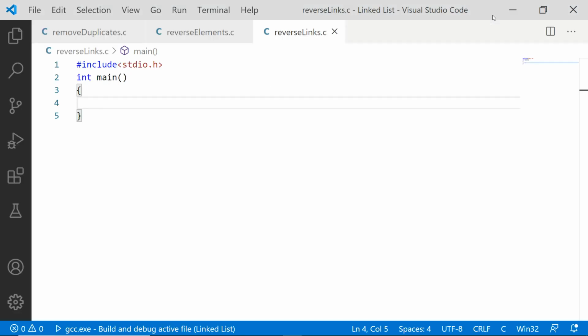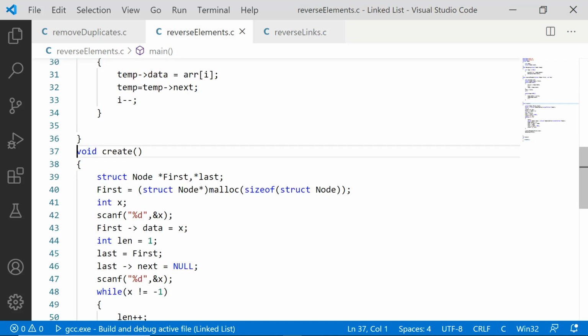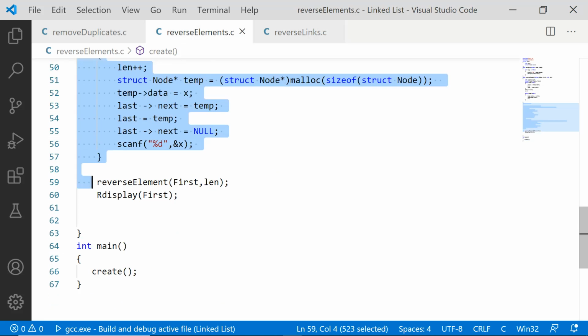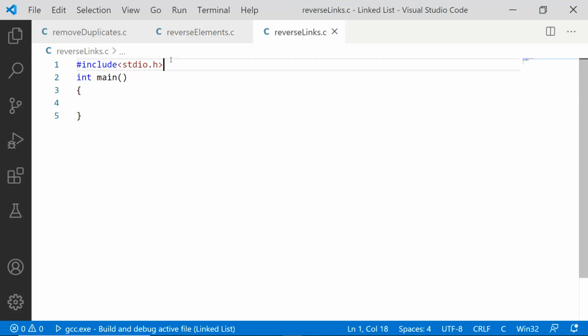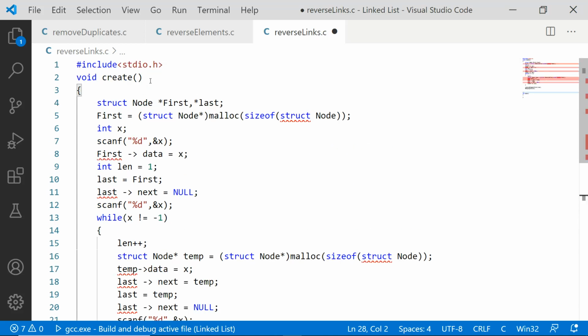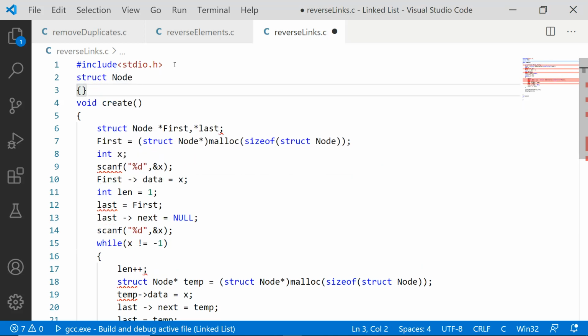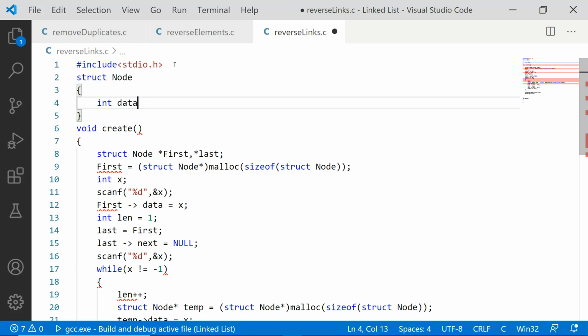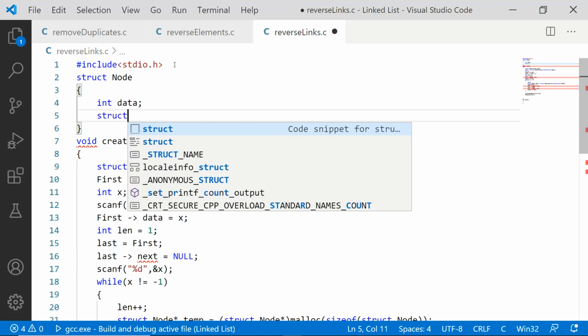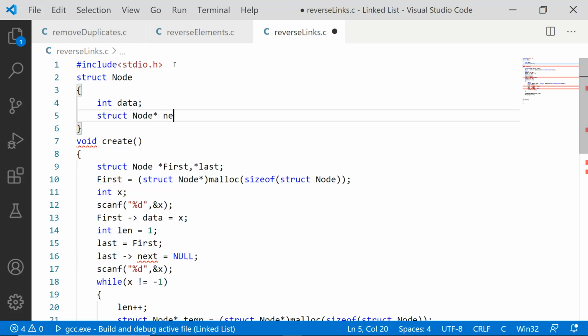Before that, we actually require a create function. So we'll copy the create function and take it here inside reverse link. Next, we have struct node, the structure inside which we have a data member and struct node star next, the self-referencing pointer, or pointer to the next node.